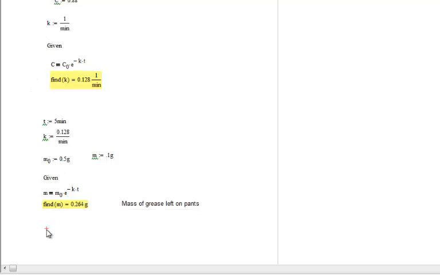So we need to find the grease that is not on the clothes, which must be in the water at some particular time. So that's the concentration. So CW, concentration of water, equals that initial mass. So let's say M0 minus M. Alright, so minus M, all this divided by,